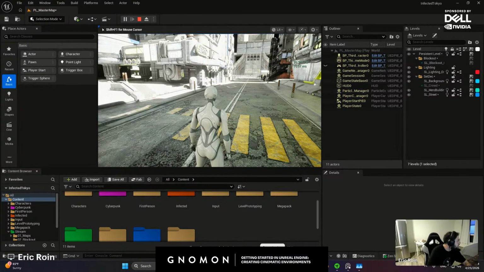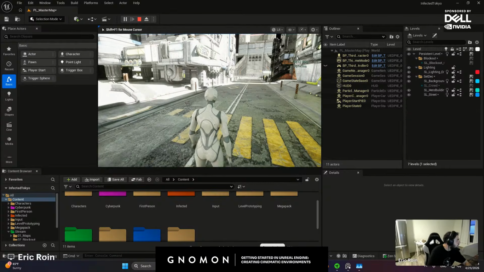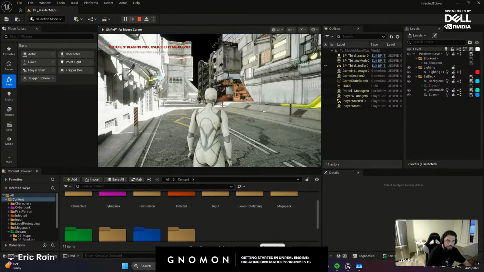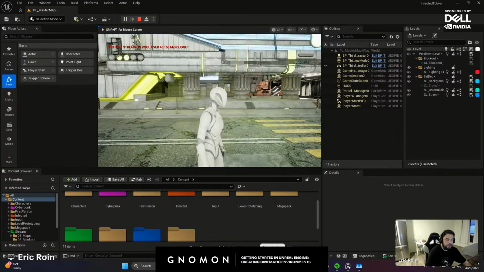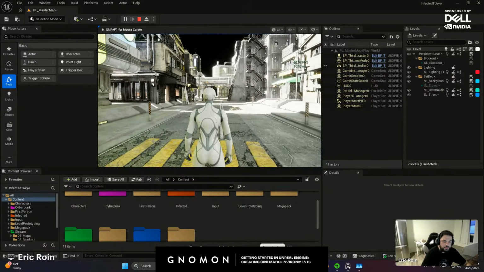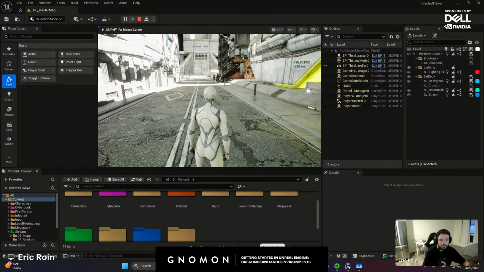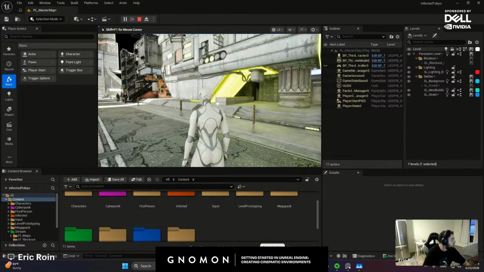A lot of you guys are asking how the assets are being compared. Well, KitBash 3D is also a great resource. I personally also used it, so I think they hold up pretty well. It really just depends. It's hard to compare apples to apples because it all depends on the artists that made them, right? They're all made by different artists. I think both companies are great.